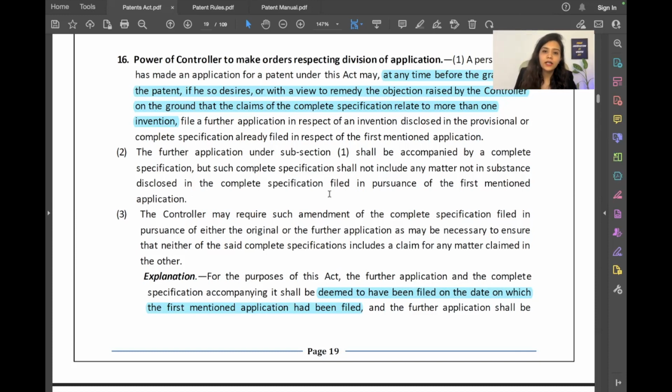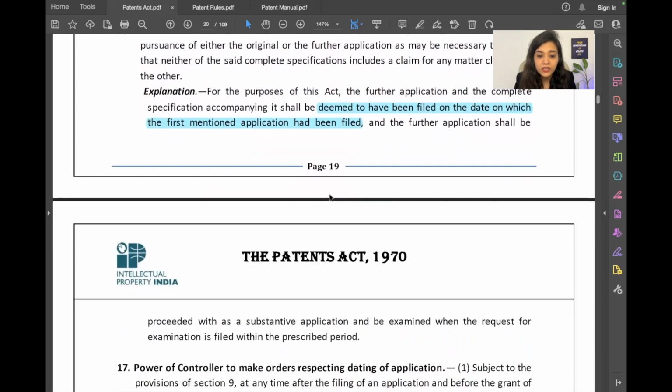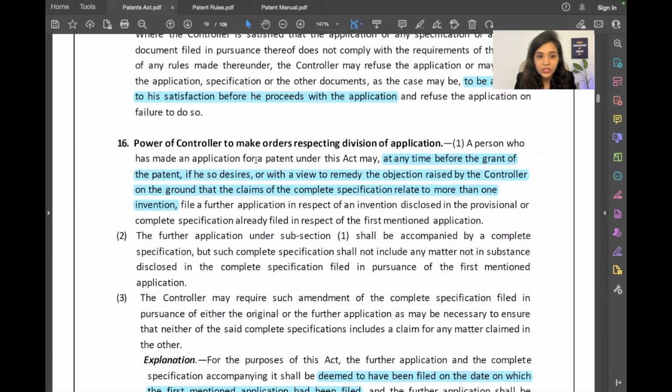What is anti-dating? Anti-dating is you have filed your application today, but you are using the priority date of some other application, which is prior to today's date. So because it is prior to today's date, it is called anti-dating. So whenever you file a divisional application, the date of the first mentioned application would be considered as your priority date. That is why it is called anti-dating. And the relevant text that you need to read from section 16 is: